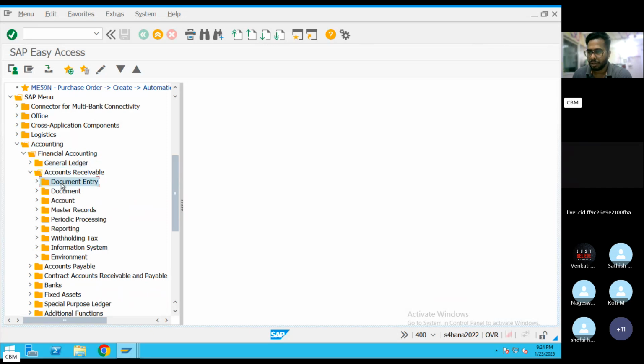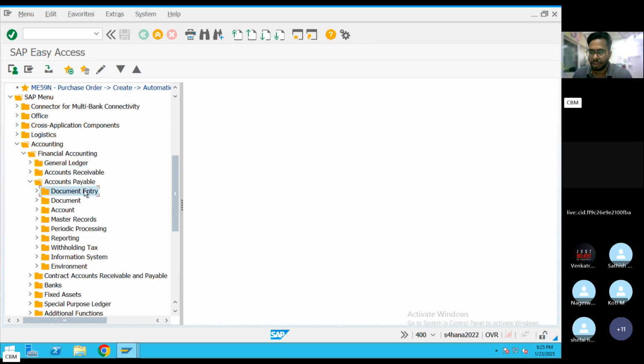And from general ledger, go to account receivable. Here also we can see document posting. Here we can change or edit the document. Here we can see the balances, and here the account receivables with customer records. And here is document posting related to general ledger. Here you can change the document, see the GL balances, and create the GLs.